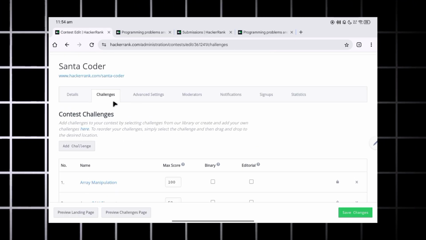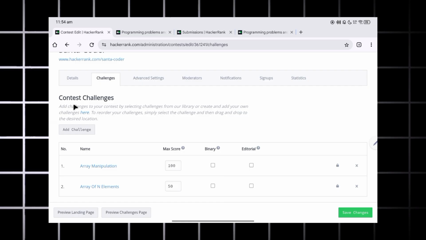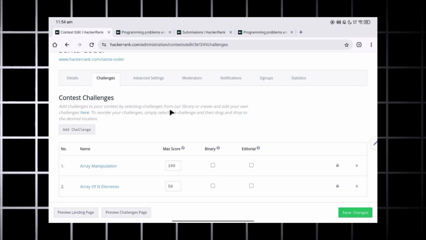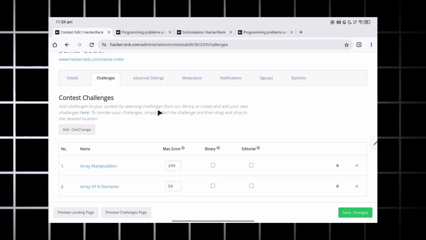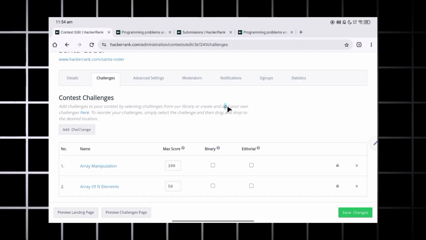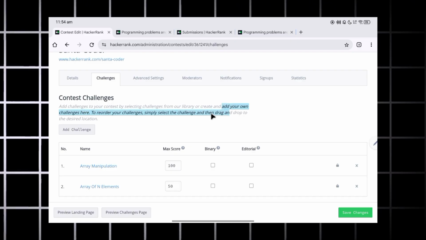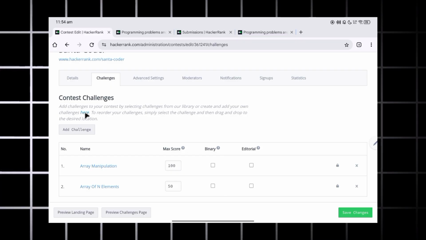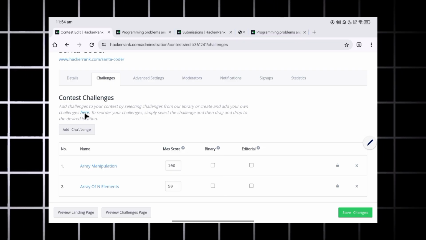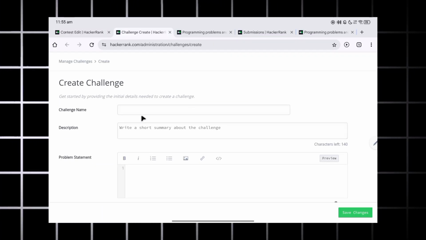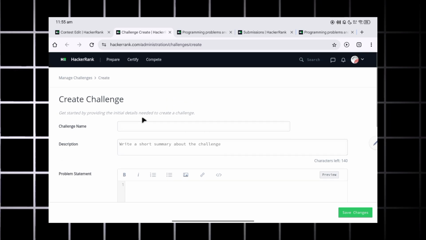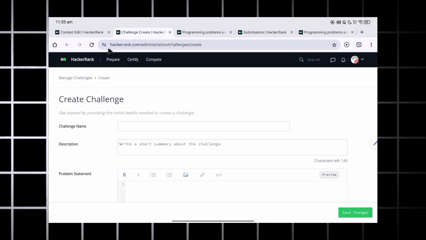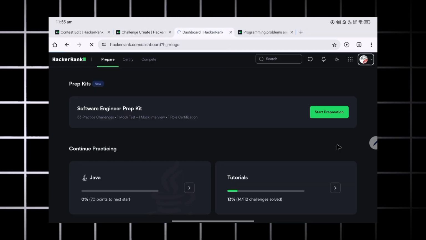So okay, we are back to this stage, and here you can find add challenges to your contest, challenges from your library, and you can add your own challenge. See, here is the key, add your own challenge, and we are going to click this link here. So you can create a challenge either by clicking this, or you can go to this page from the home page itself. I can show you administration,